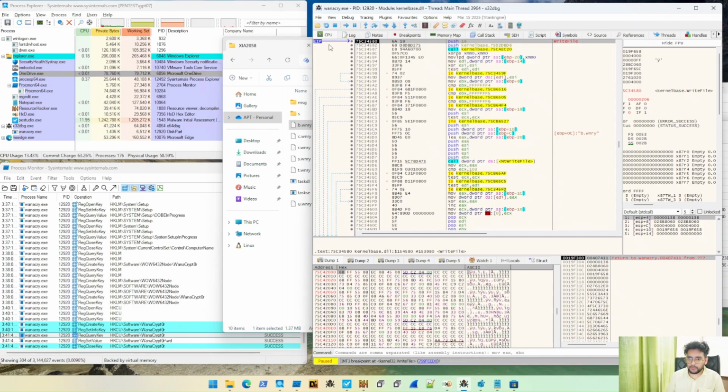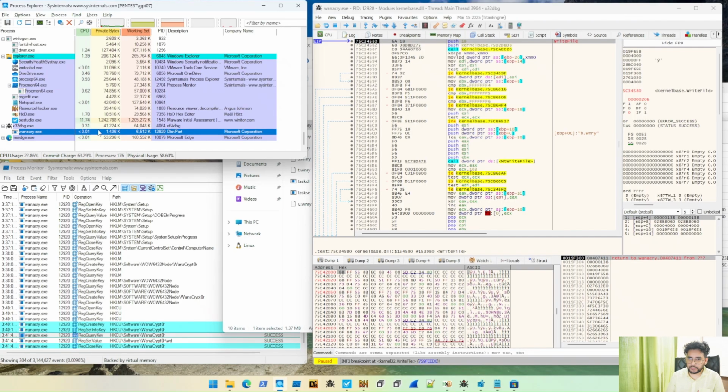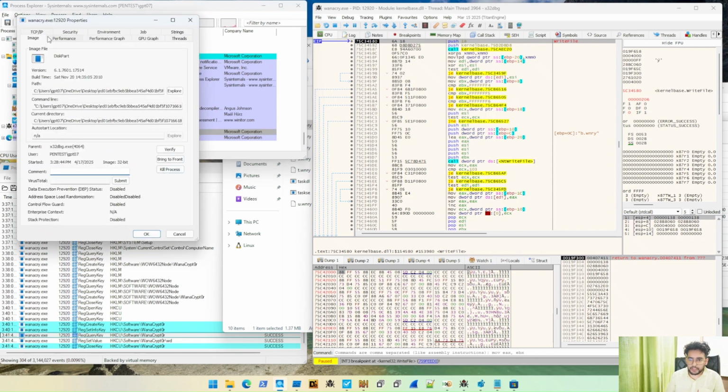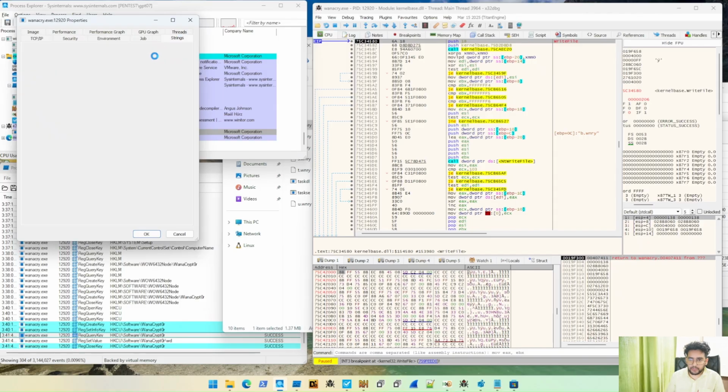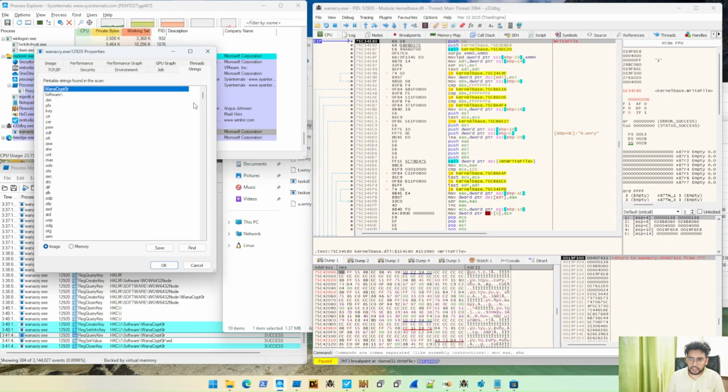So if we go to process explorer and go to properties, here we can also see some interesting stuff like process graph and strings. And if we see here, yeah, you can see WannaCryptor software, and you can see plenty of file formats are there: .key, .sql3, xlsx, doc, png, JPEG, tar, RTF, so many. Okay, so what it's gonna do, I know, now it's gonna look for these file formats from the logical drives, and then try to parse those, add some bytes into those files, and